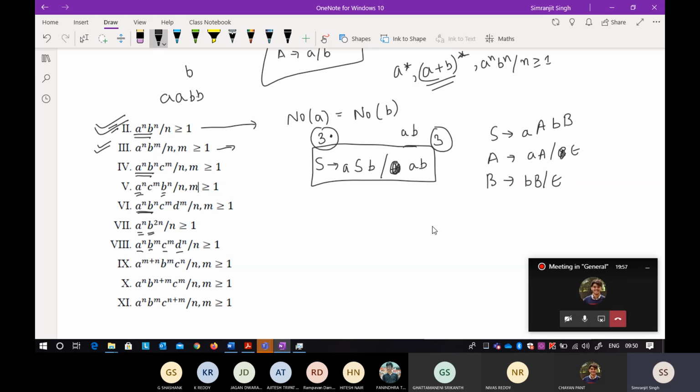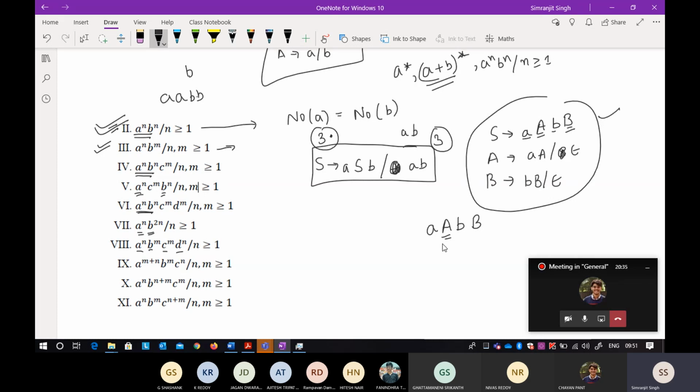Okay, so the starting symbol will be a single A, then there is a small b, and then it is followed by a. I think I made a little bit of a mistake. Okay, so it is just saying A followed by A star. Okay, B followed by B star. Okay, that is happening here. So I think that is correct. If you look at the pattern here, A followed by any number of A's. Yeah, that is correct. B followed by any number of B's. That is also correct. Okay, so I think that grammar is correct.